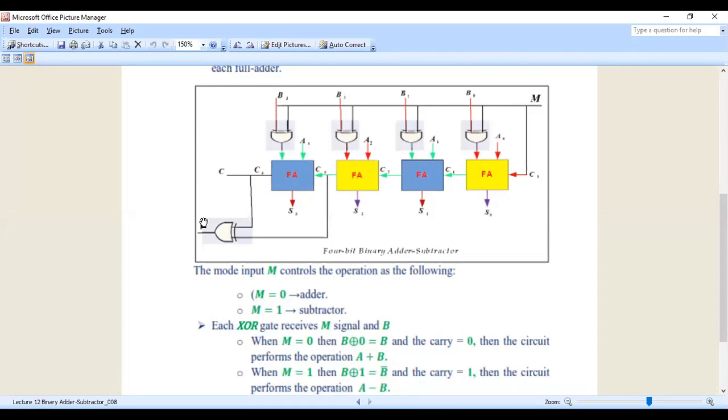So finally, whatever output has come, we have to discard the final carry. Is it clear? So 6 minus 3, what is the output? What is the output for 6 minus 3? 3. So here we got the value 0 0 1 1. That is the value 3. Is it clear?